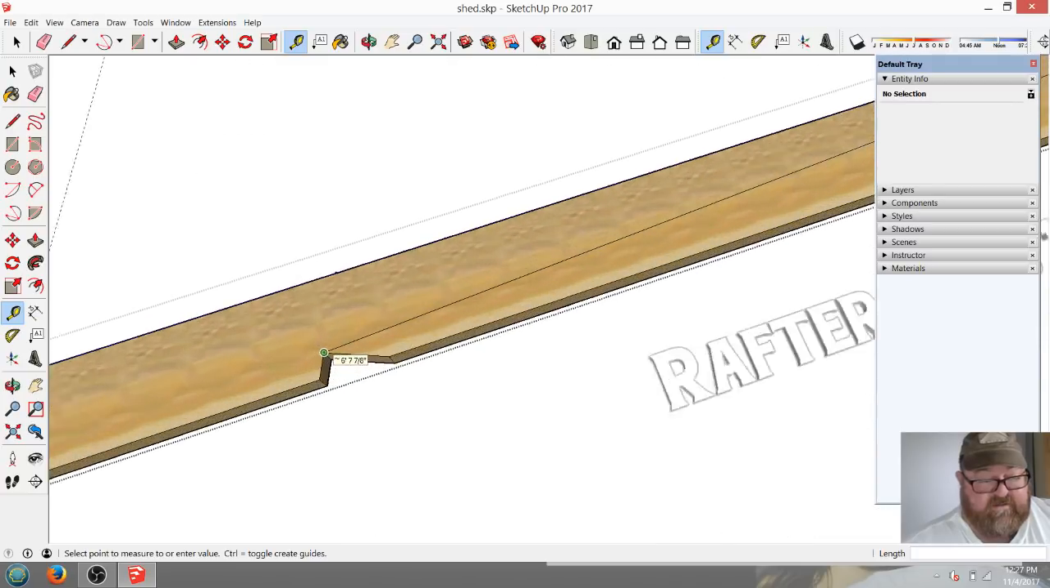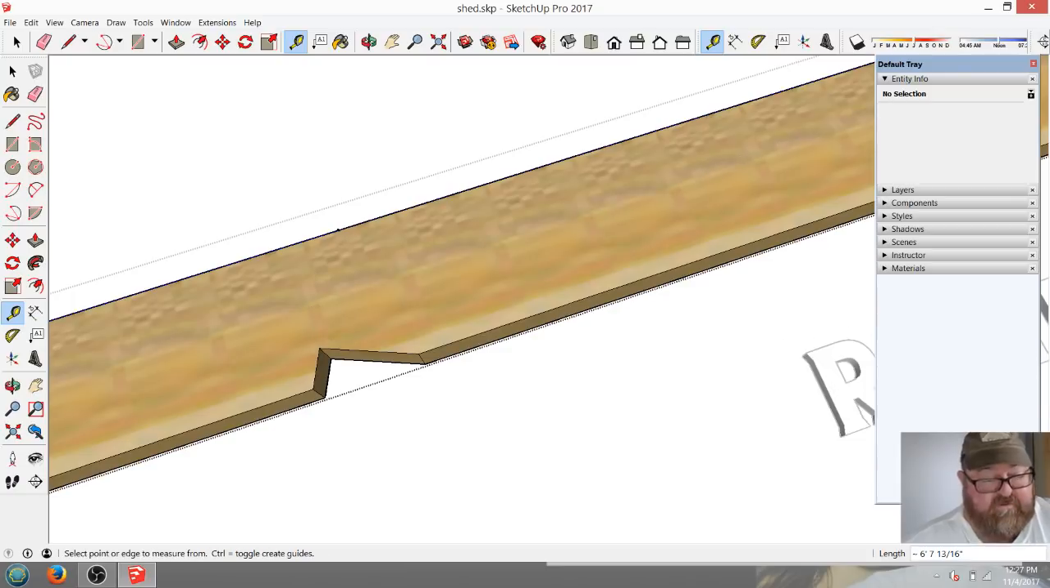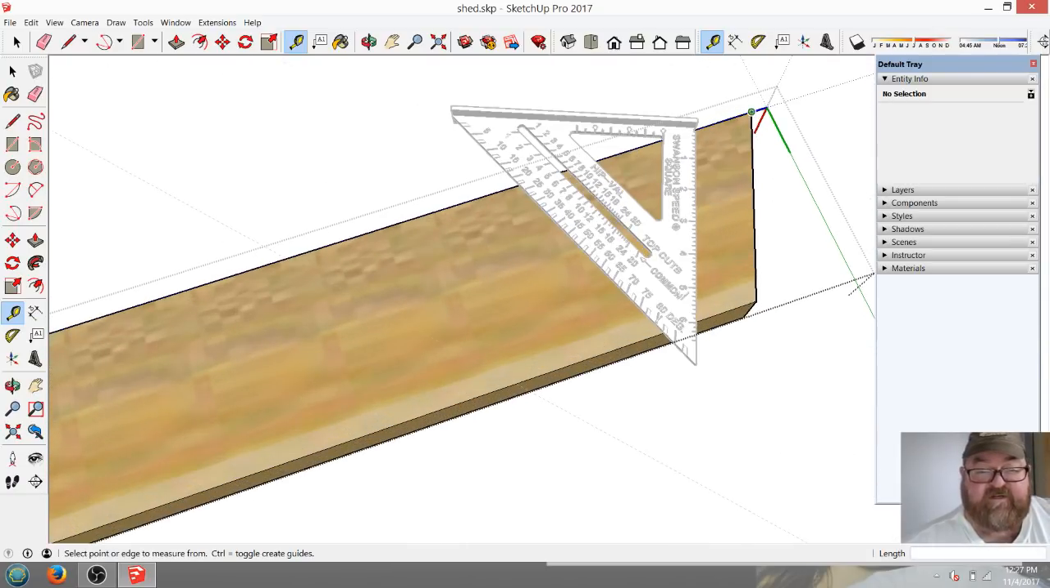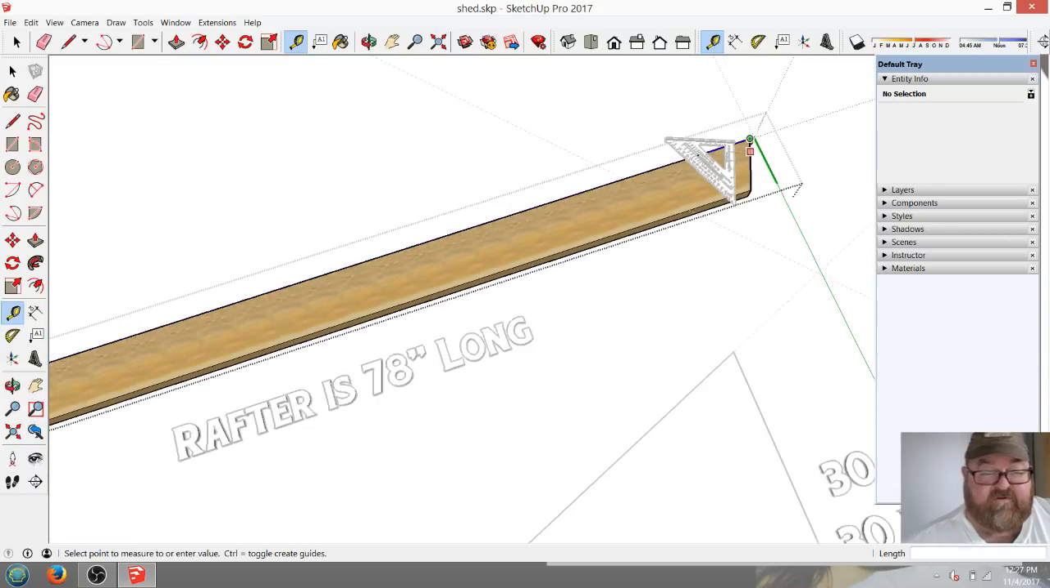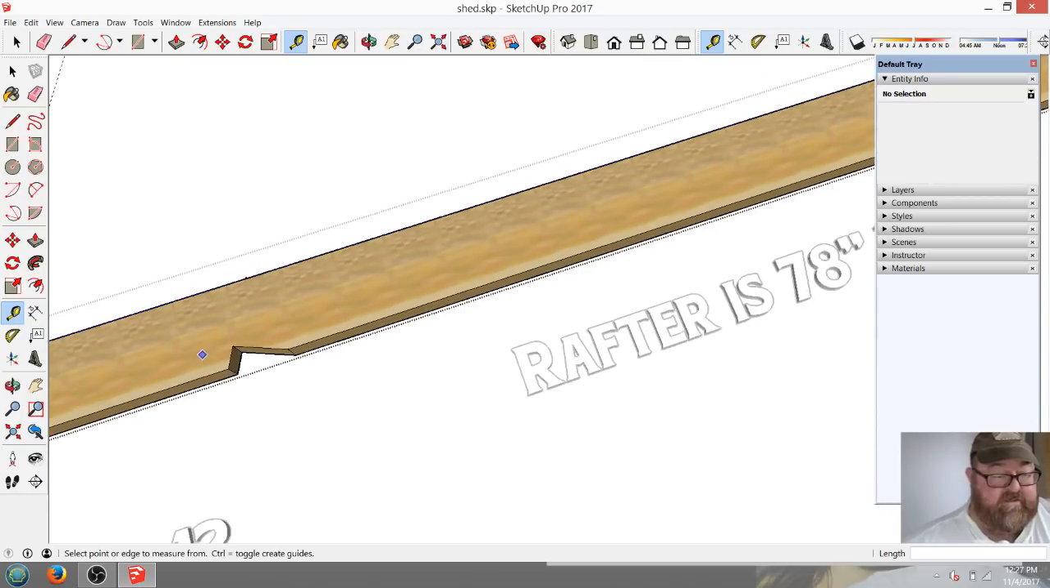That's not right. You'll see that that is 6'7 7/8". Okay? It's not 6'6". So you bring your theoretical point from the end of your rafter down to along the top of your rafter, and that's the length. And then you